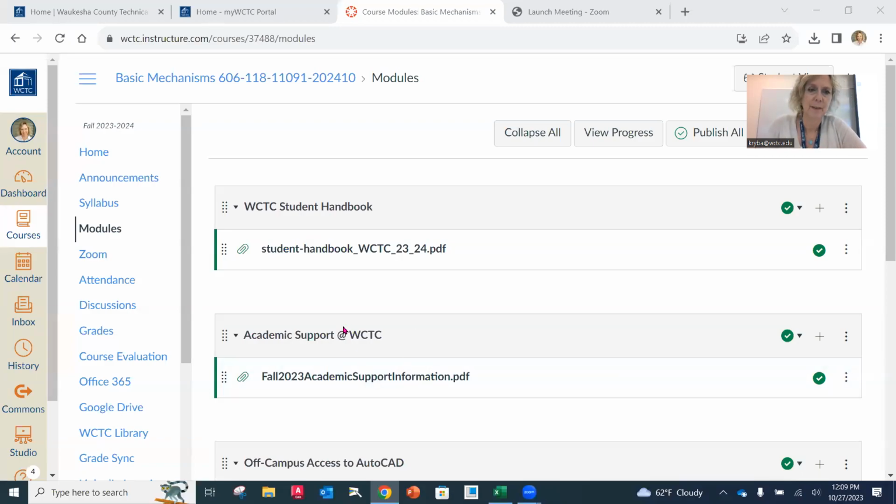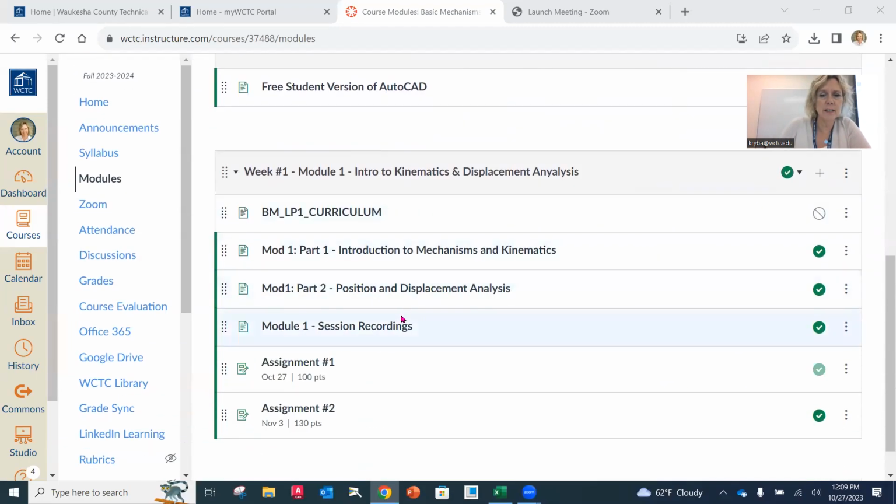Okay. All right, so now we're going to continue on in module number 1, looking at part 2, which is going to be position and displacement analysis. So in part 1, we looked at chapter 1, and we were focusing on creating displacement diagrams for mechanisms, and